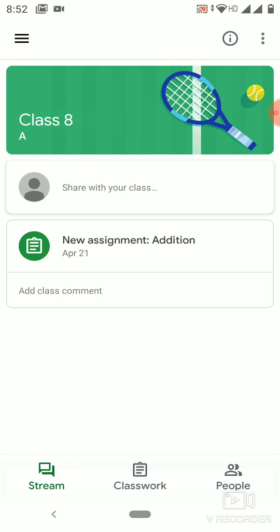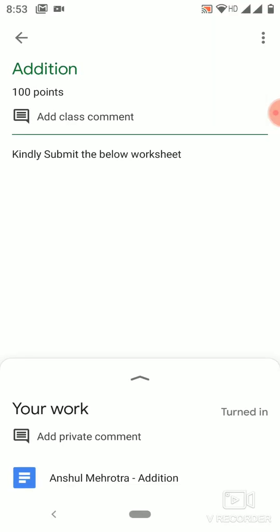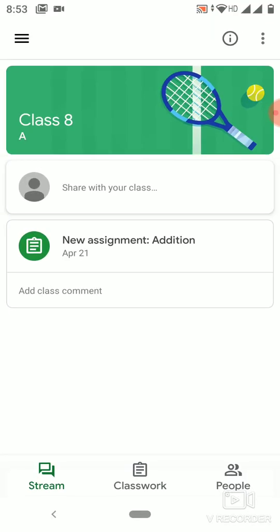And now the next question, how does an assignment look for the student. So this assignment was posted by the class 8A teacher, that is a dummy class which we have created, and simply the student will click on the assignment. So it's already been turned in. Okay, let's see what the assignment was. So addition, question 1, 55 plus 20, the student has replied 75, and for the second question the student has also replied. Okay, so it has already been submitted.